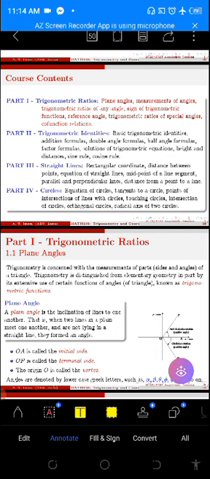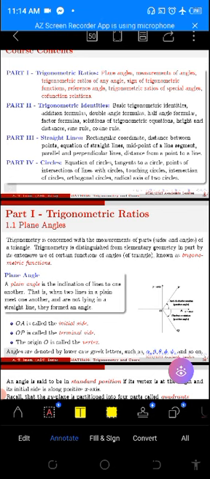We are going to cover part 1, which has to do with trigonometrical ratios, where we are going to look at the plane angles, measurement of angles, trigonometric ratios of angle, sign of trigonometric functions, reference angle, trigonometric ratios of spatial angles, and then cofunction relations. In part 2, we are going to study trigonometric identities, where we are going to look at basic trigonometric identities, addition formulas, double angle formulas, half angle formulas, factor formulas, solutions of trigonometric equations, height and distances, sine rule and